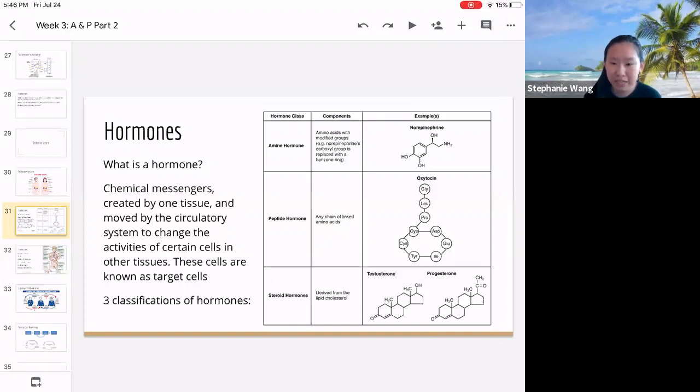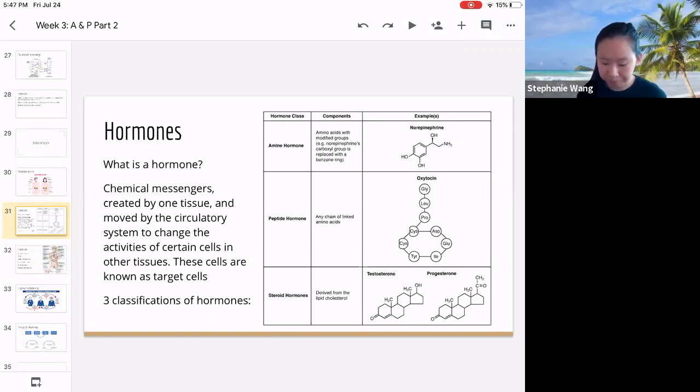So as I was saying in the previous slide, our body has lots of hormones, with different functions, but a main feature of hormones is that they are carried by the blood and they move slowly for slow responses. For example, puberty is a slow response. T-cell maturation is a slow response. The sleep-wake cycle of the body is a slow response. Hormones are involved in slow responses of the body rather than quick, fast responses like neurons, things like that.